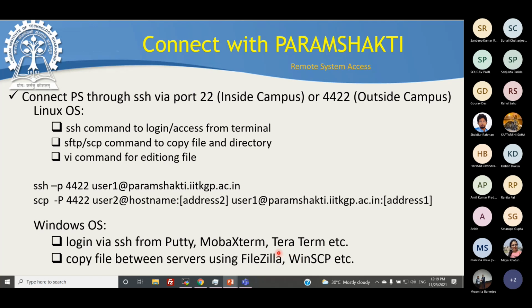Our Param Shakti is an interactive type of login system. That means it will not directly log in via user ID or password. You have to choose the interactive option. Then you will be able to connect with Param Shakti. Connecting from anywhere, Linux or Windows, when you connect to Param Shakti, you need to understand the basic Linux commands.